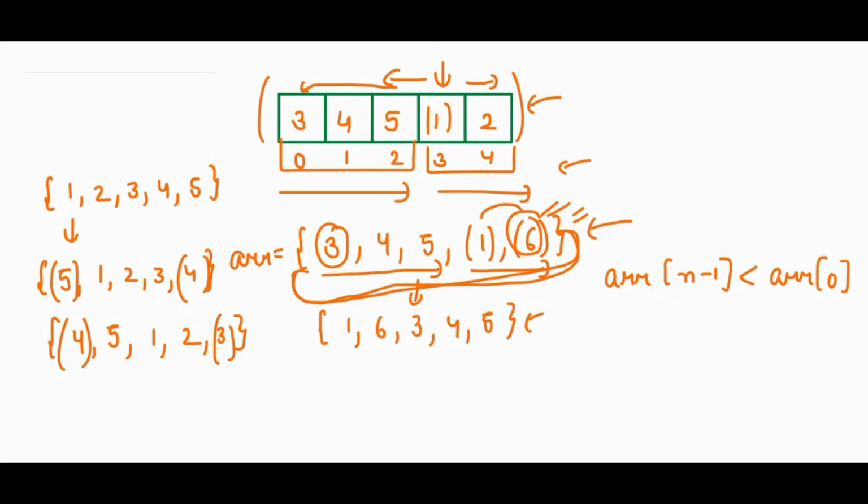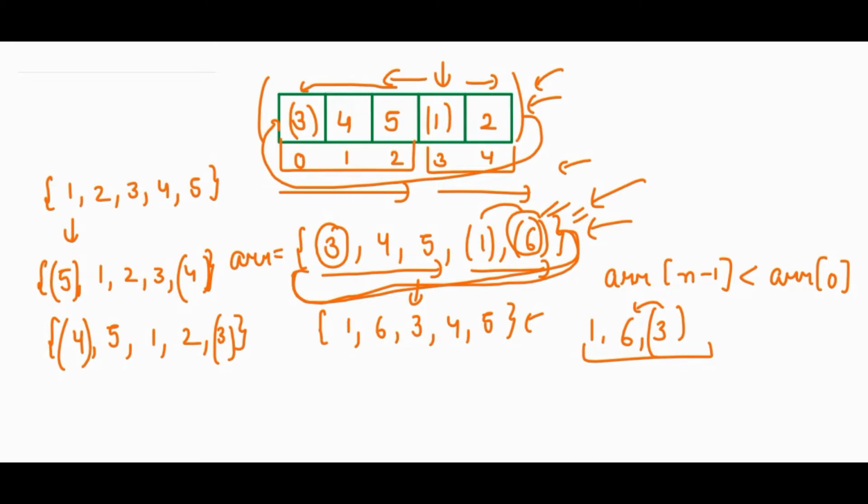Okay, as you can see here as well, we have 1, 2, 3, 4, 5. So 2 is less than 3, and you can see here as well, if we consider it in a circular manner, 1, 2, 3, the next element after 2 should be greater than 2. But in this case, when we go from 1 to 3, right, 3 is less than 6. So this is not sorted.